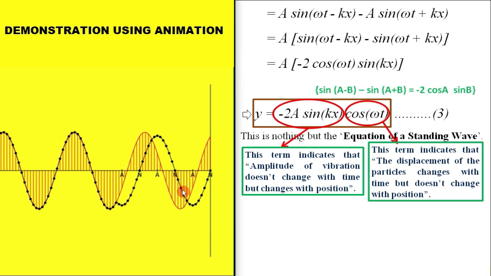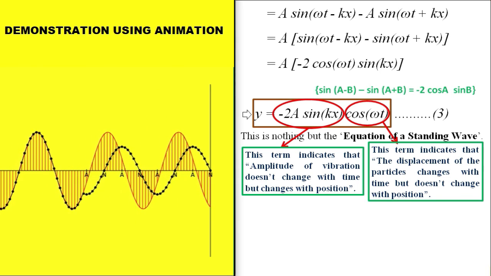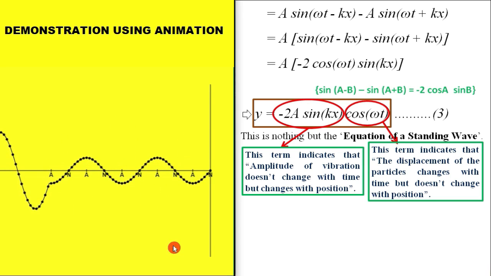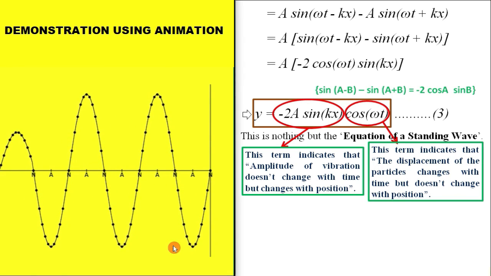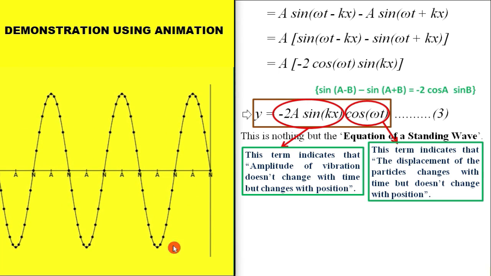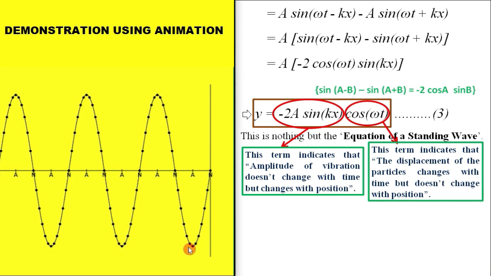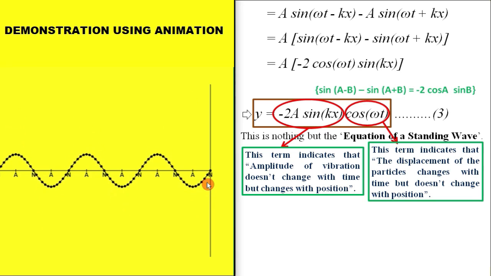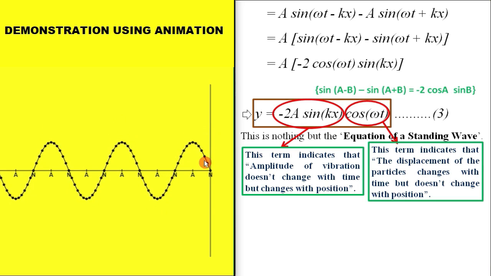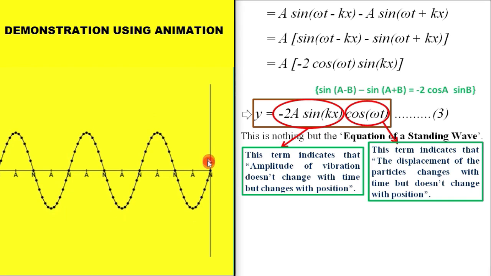Whereas in this wave, you can see, let me completely remove the incident wave and the reflected wave. Okay, and now let us just watch this. Now you can see this black wave. There is only one wave now, the standing wave. Now you watch this wave. This particle always goes to the maximum and always comes to the minimum, but this particle never goes to this point. It can never achieve that point. It is always oscillating between these two points like this. Very small amplitude is there here.